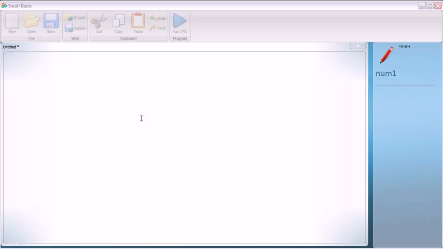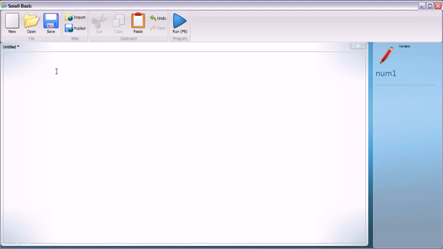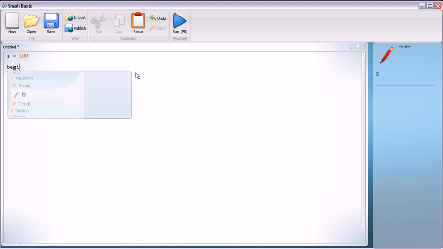So the first thing you're going to want to do is open up Small Basic and create a new document. After that, we're going to declare a number. Number 1 equals, actually let's call it S so that it's easier for me to explain. S equals 100, and then we're going to do begin, and put our colon, start our loop, and while